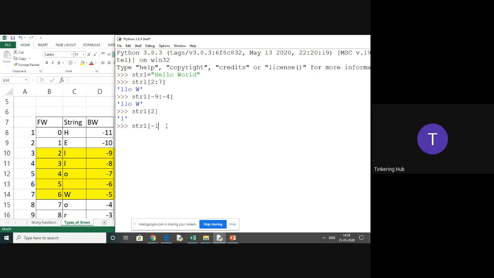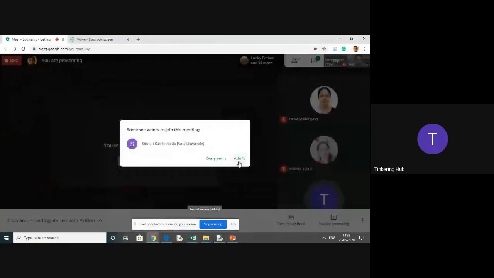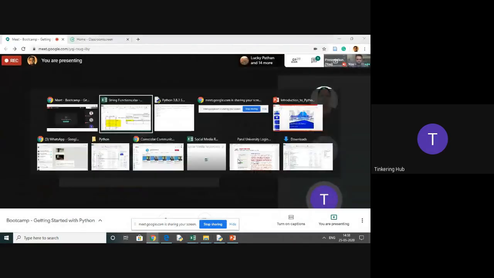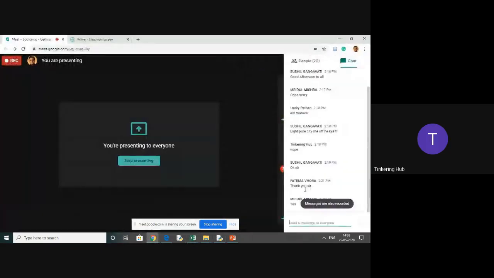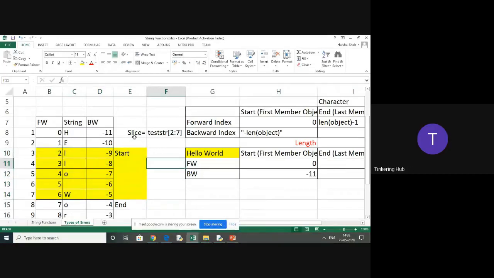Devakini madam, I'll come to your point about when we'll use the negative index. For example, we are discussing a cumulative sum. Say I'm working on a problem like a coin toss, right? When head is there, I'm going to add 1 to the list, and when tail is there, I'm going to add 1, right? So what will happen when I'm doing cumulative sum? The final result will be stored at the last index. When we want to fetch that last index, we will use negative index, -1. That is one example of it.